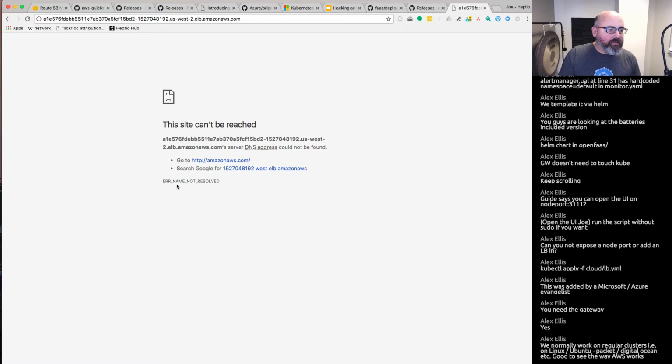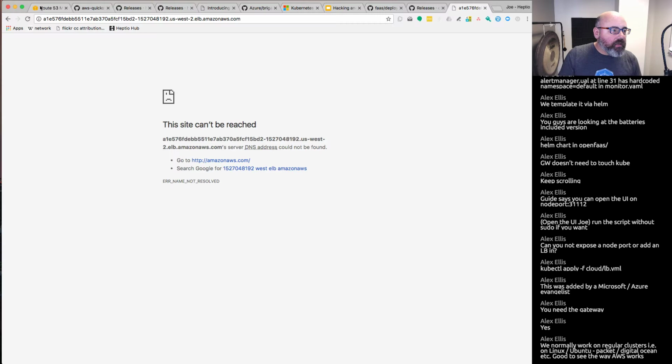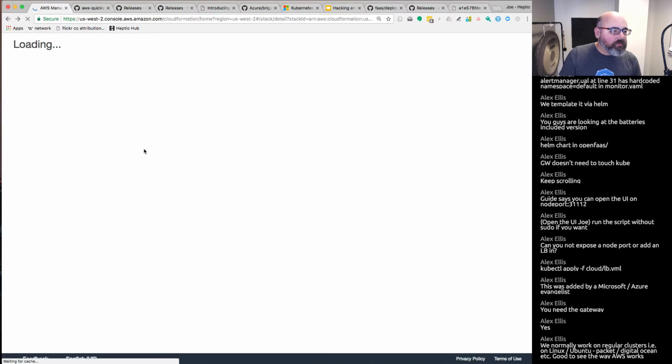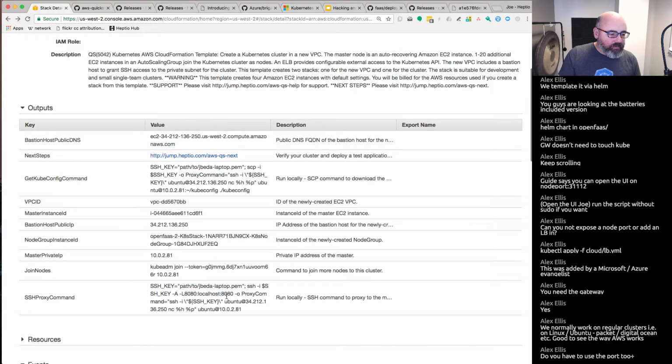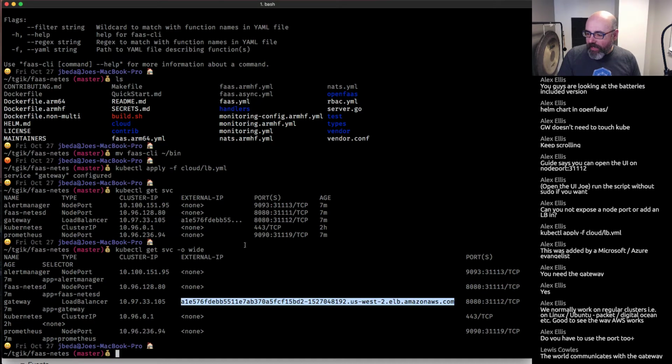So yeah, name not resolved. So the ELB is not up yet. So let's go through and we'll also play around with the SSH stuff. So everything communicates with the, oh, I have to have the port too. Okay, so when I do it,